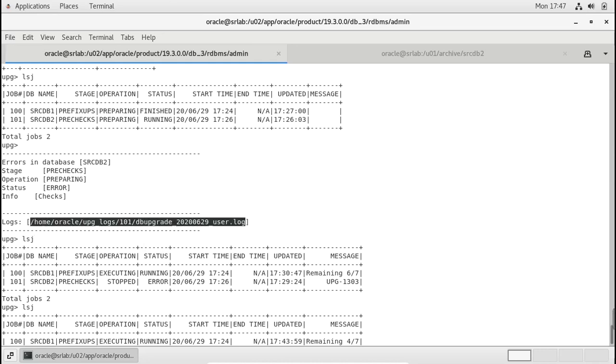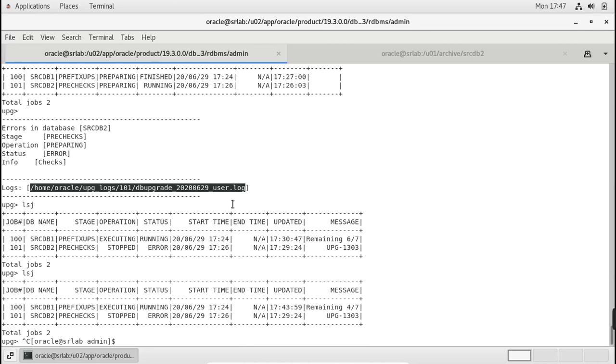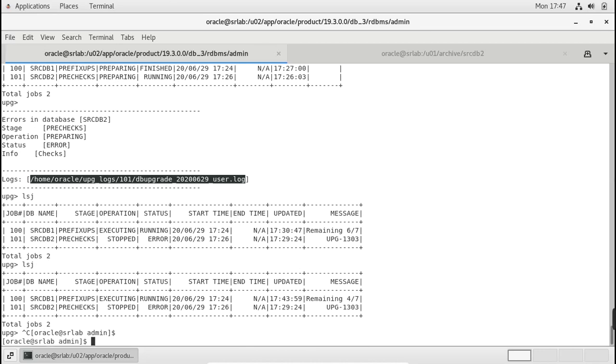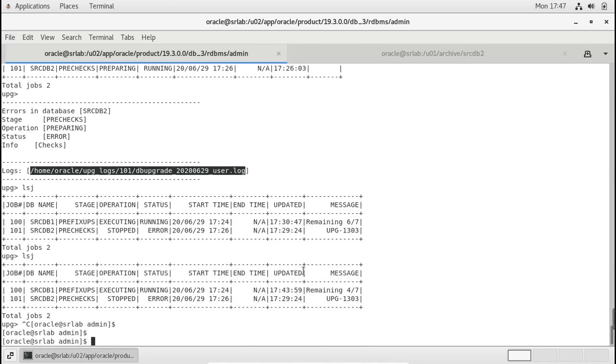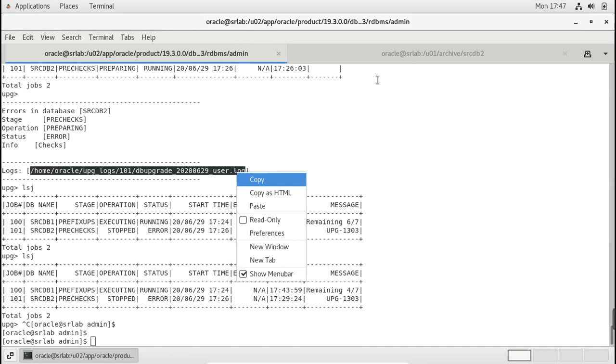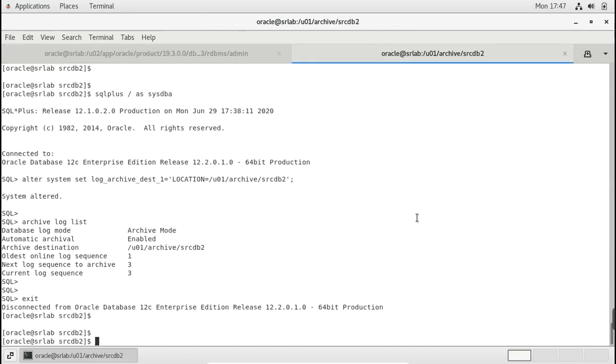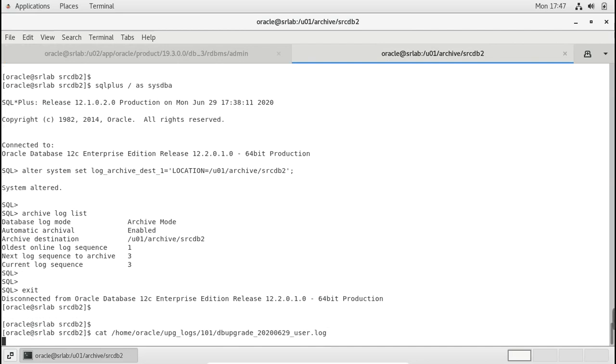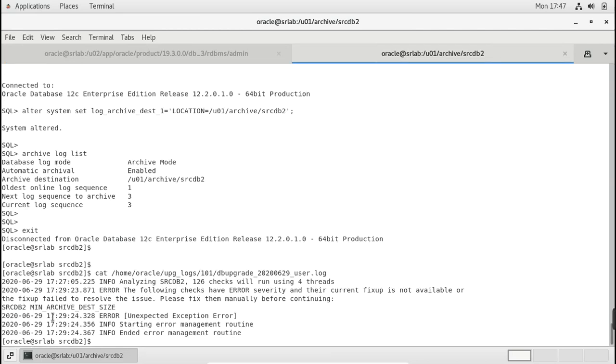There was an archive destination size problem, so I have changed it.